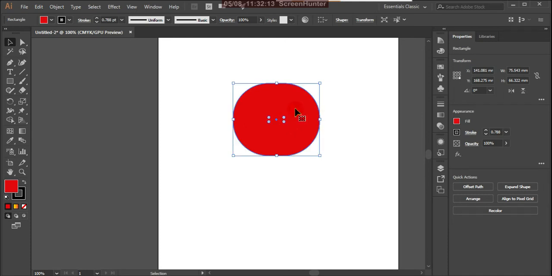It is changing the shape into a curvy or oval shape or a circle. It is changing the shape because of these widgets. It has 4 points, 1 2 3 4 sides, so you can move them, and come back to normal. So these are called widgets.